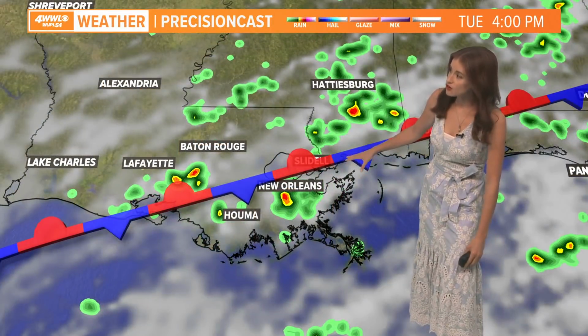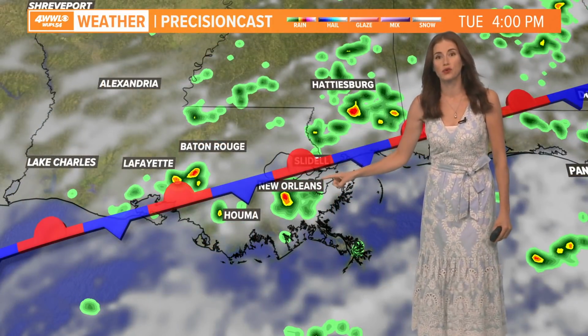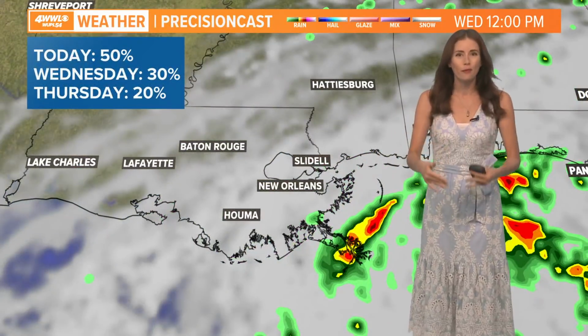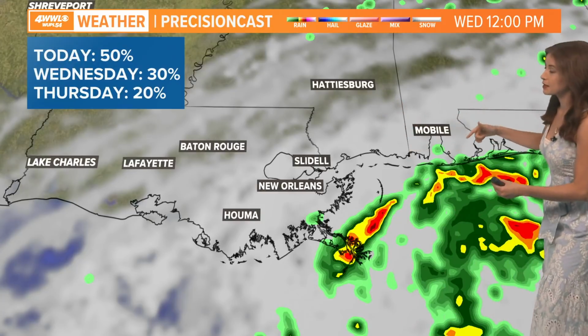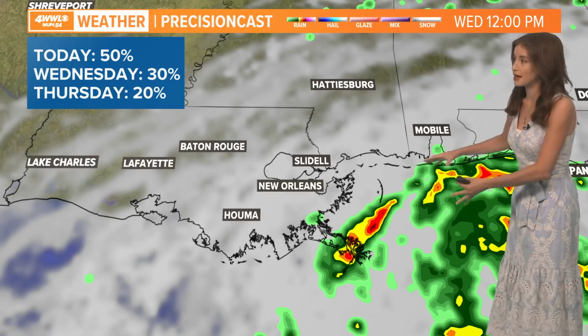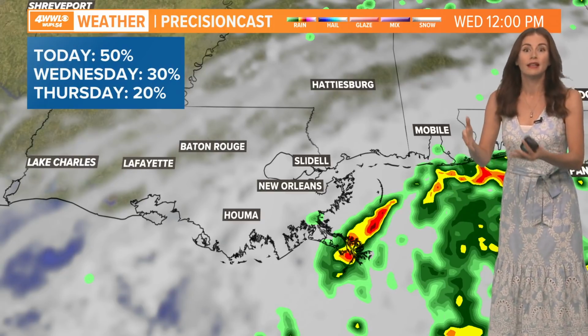And we have had this stationary front helping a few of the showers and storms to form. So you can see that here at 4 p.m., a little bit of that activity calming down tonight. And then here is tomorrow. And look, I've paused it here with a few of these kind of bands of rain, very loose, likely from